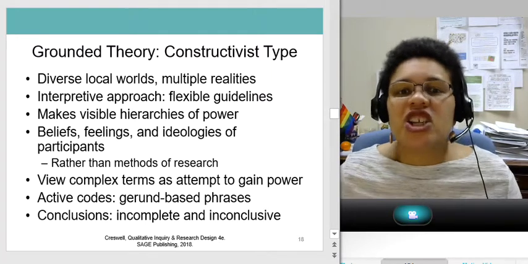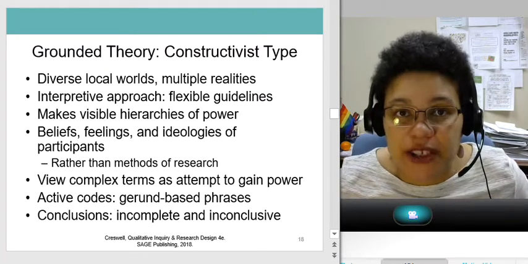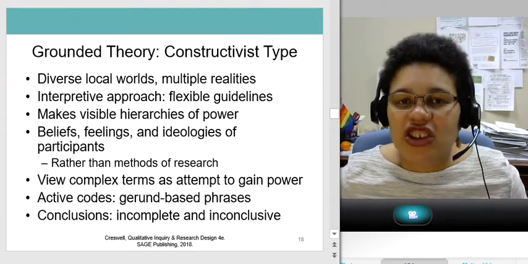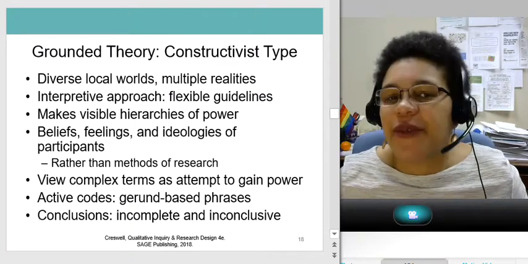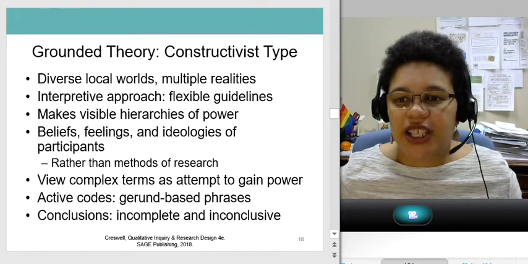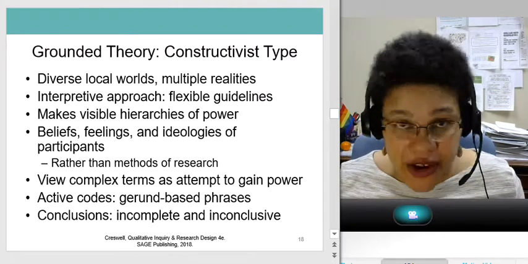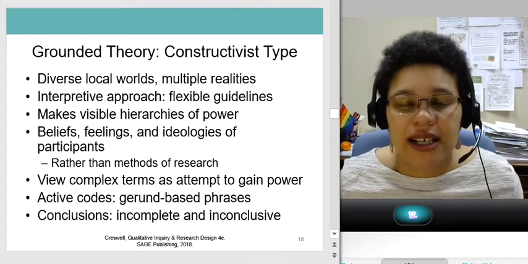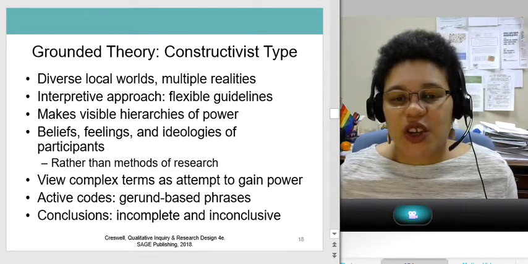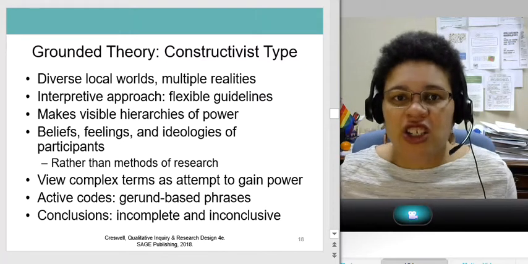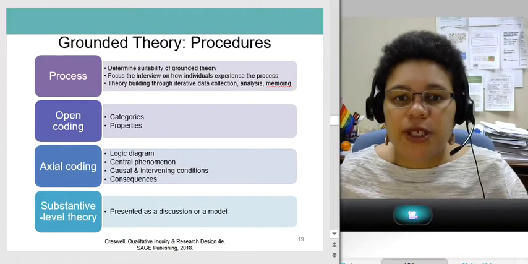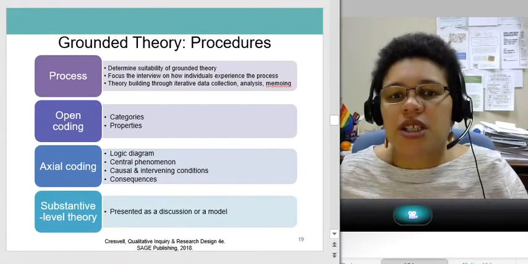And conclusions are seen as incomplete and inconclusive, because our theory is not going to explain everything, is the constructivist perspective. We cannot find out everything about this process or this phenomenon, and so incomplete, inconclusive. So kind of more a postmodern feel.